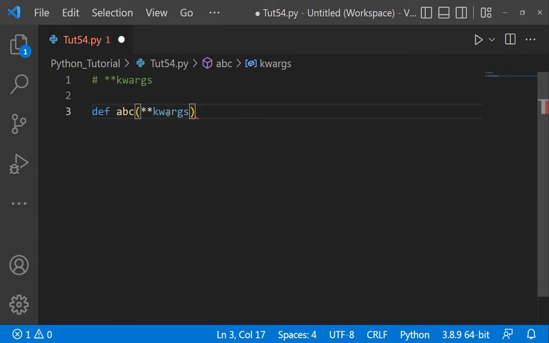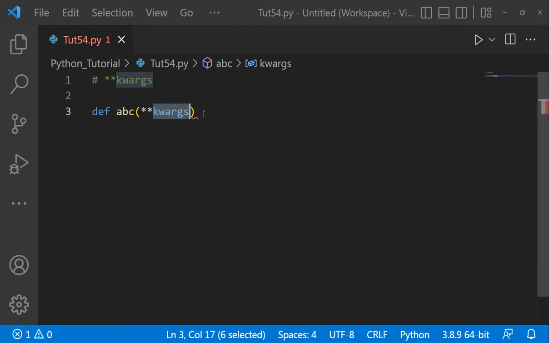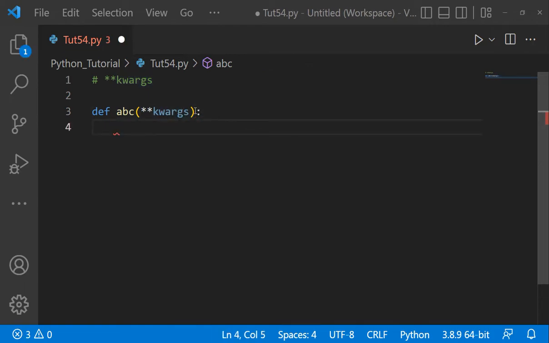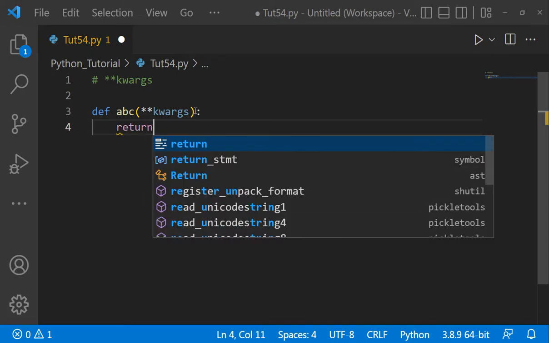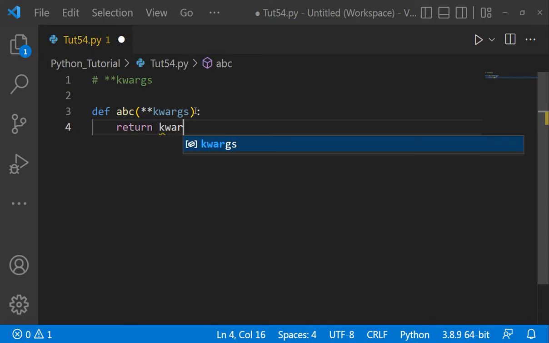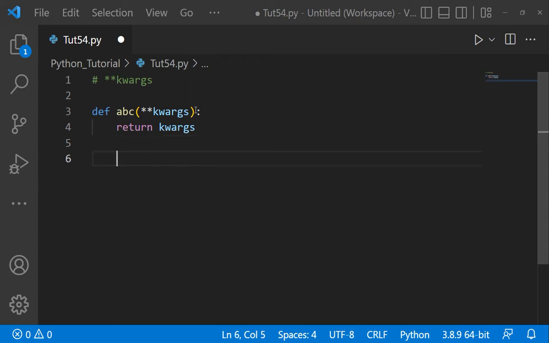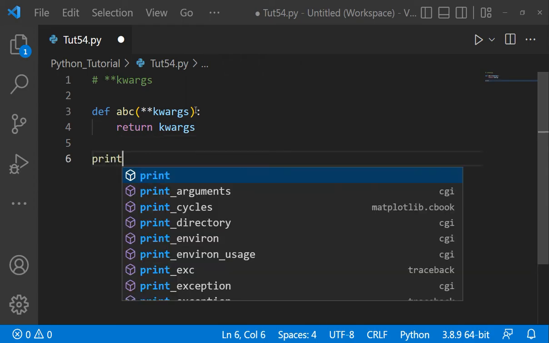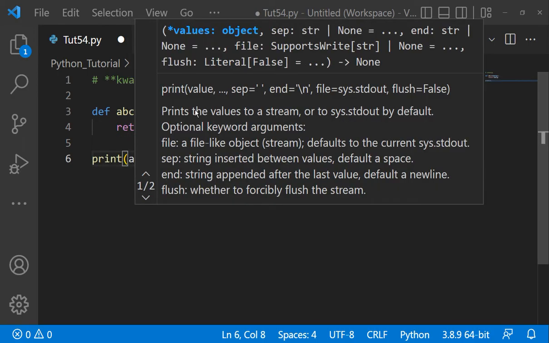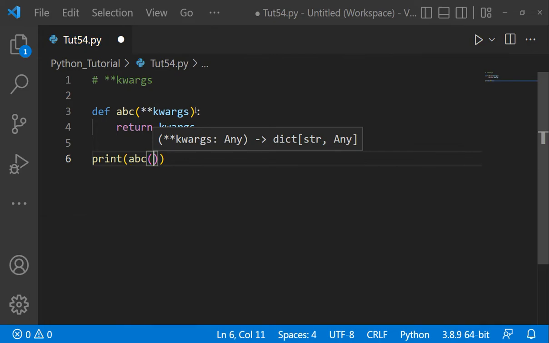Here also you can pass anything you want, but kwargs is conventional, so it would be better that you use kwargs here. Okay, here let's return kwargs. Now print here abc, and then here